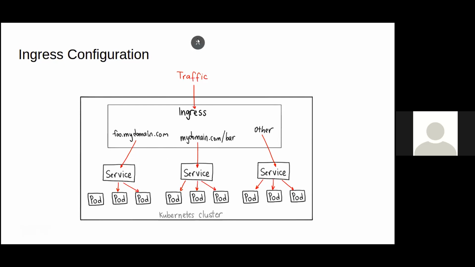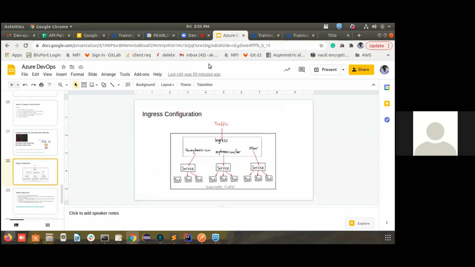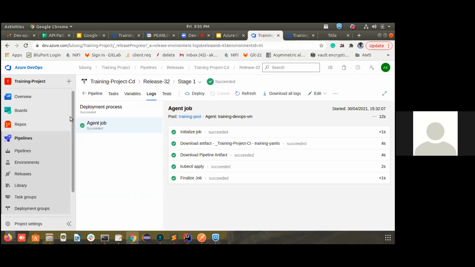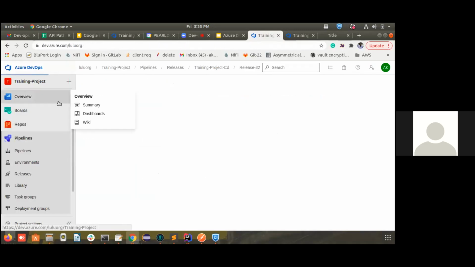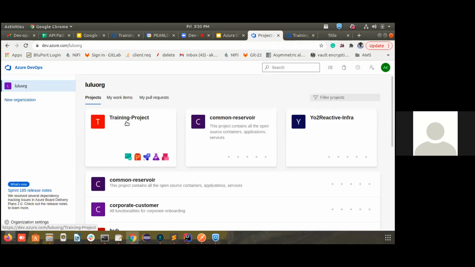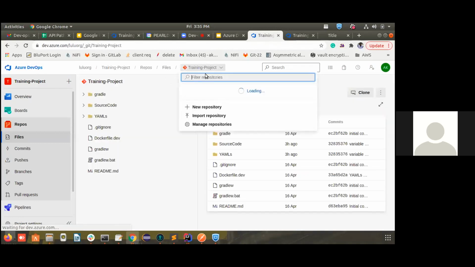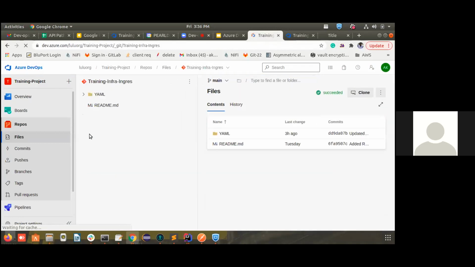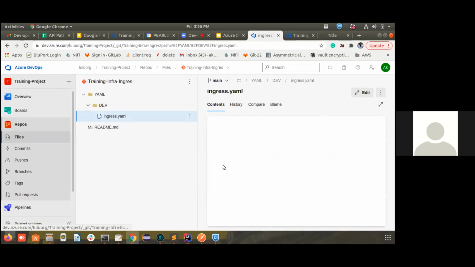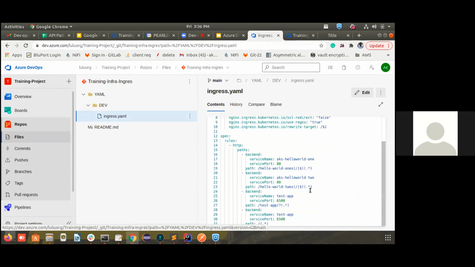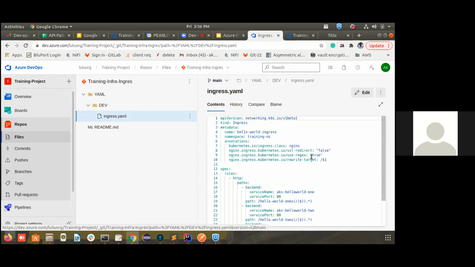So we have an ingress configuration also. Particularly, this ingress configuration will be done by our infra team. So I'll just show you how the ingress configuration file looks. Basically, this is our ingress configuration file. Here we have mentioned the namespace, training NS.